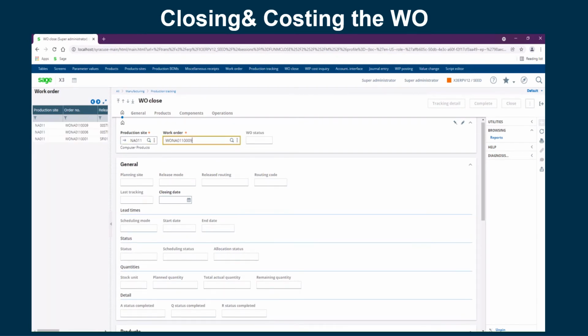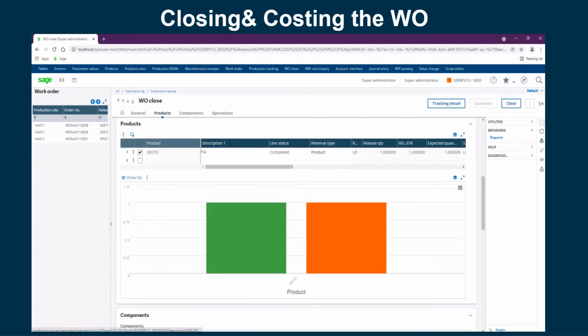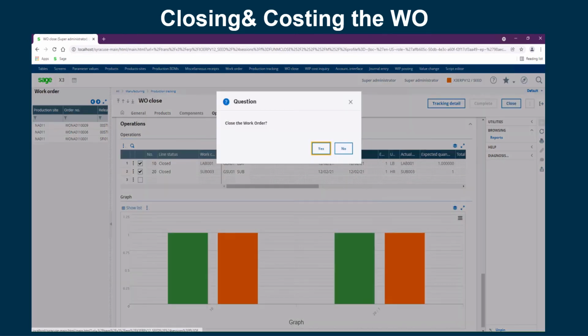then enter the work order number, make sure products, components and operations, everything looks fine. I'm gonna click close and answer yes to the message, close the work order. Now this message, production cost calculation, which means the work order will be permanently closed, no more addition gonna be added to it. So I'm gonna answer yes to this message,